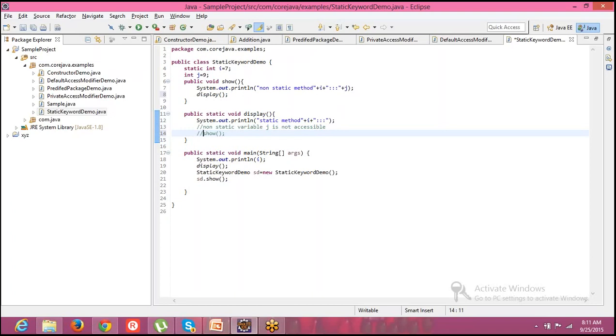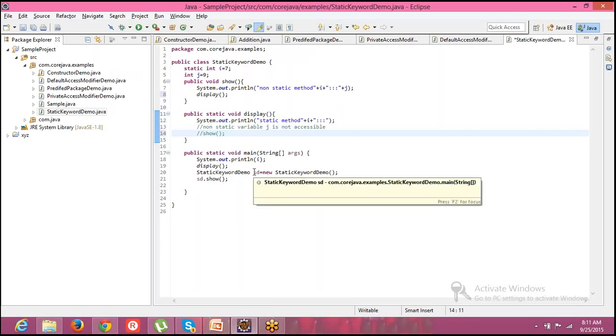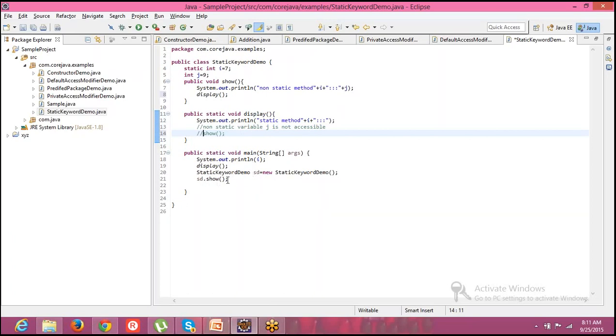Actually, that is as per our convenience, we can name it. It is dependent on how you are going to call this particular show method, with the use of an object of this class. An object of this class is nothing but an instance, right? So you can say instance method. When you look at this method from the perspective of an instance, then you can say it is an instance method. But our perspective is that we are purely focusing on static, so that's the reason why I wanted to call this a non-static method.